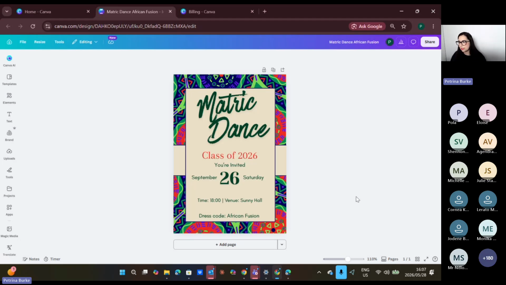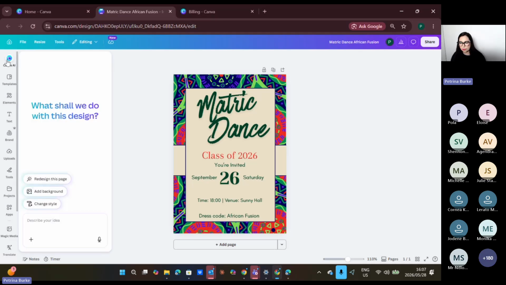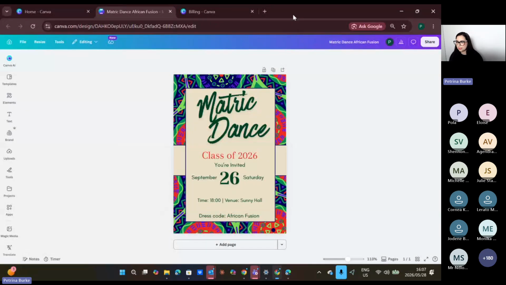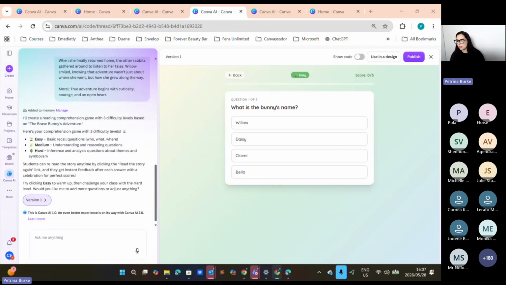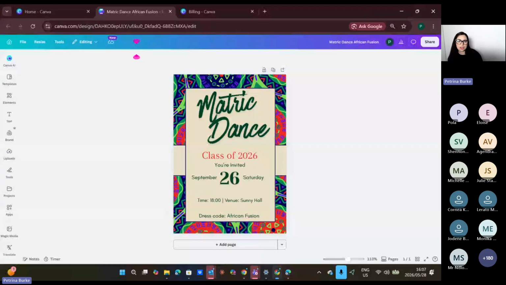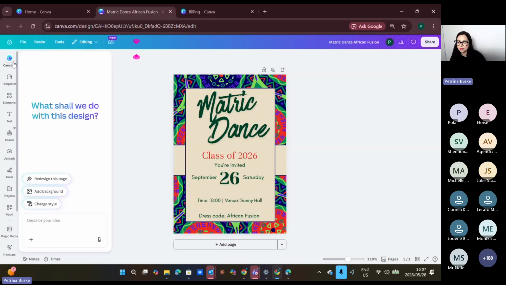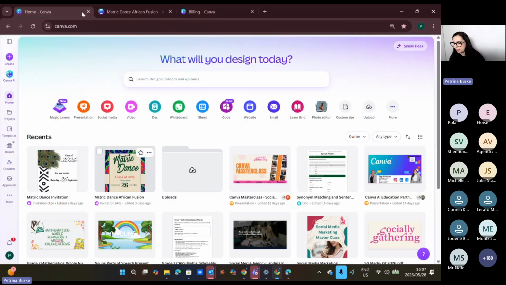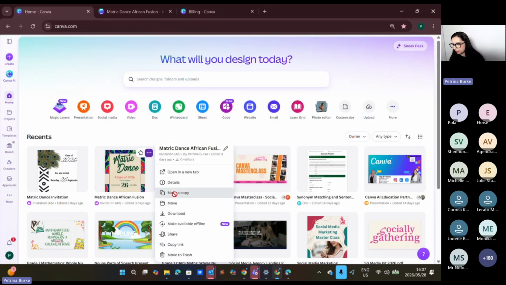Now you'll notice that this Canva that I have open has Canva AI 2.0 because it's sitting in the top left-hand corner there. Now, if you don't have it, please don't stress. Not everyone has access to it yet. You'll see my Canva that I was using just now does not have it. It will be rolled out, but I do want to show this to you so that when you do get access to it, it's a really, really cool feature. I'm just going to make a copy of this because I don't want to